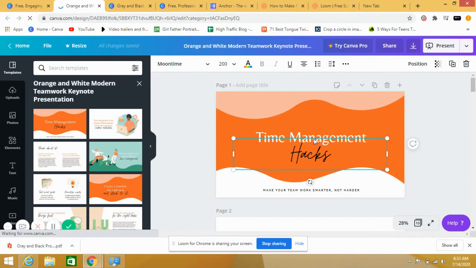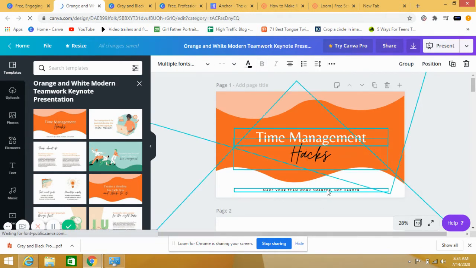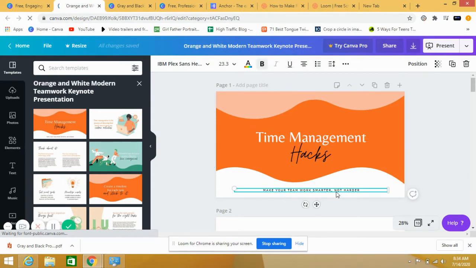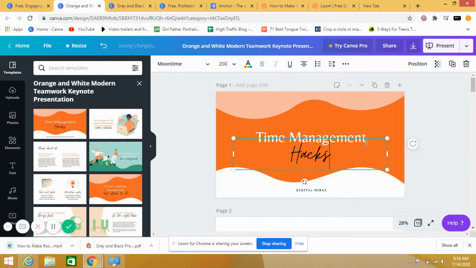Now how can you edit here? You can edit here also. If you want to edit this, put your name here, whatever you want to put. Here you can put what you want.